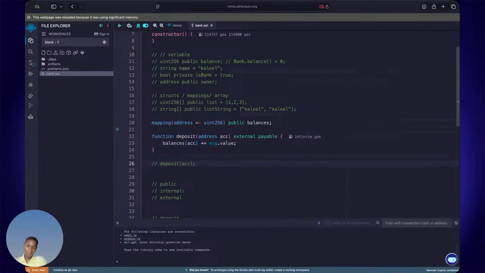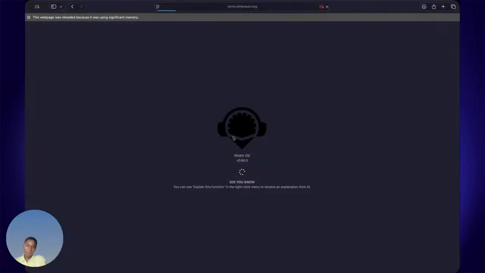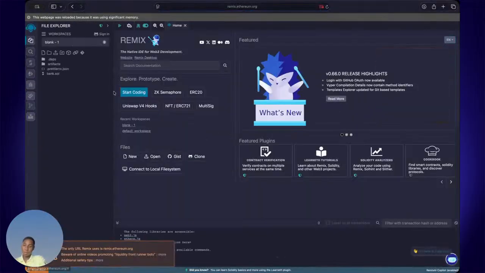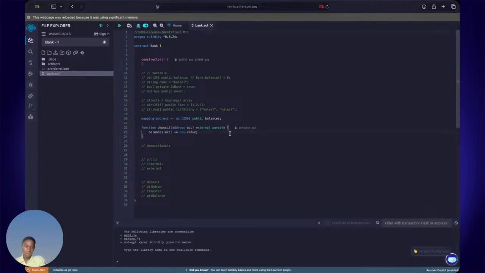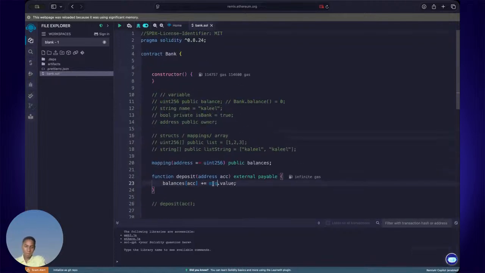So whenever you are trying to trigger this call, you'll be asked to pay an amount, or you can specify the amount you want to pay with it. Whichever amount it is, that's what will be the message.value, and it will be added to the balance of the account.